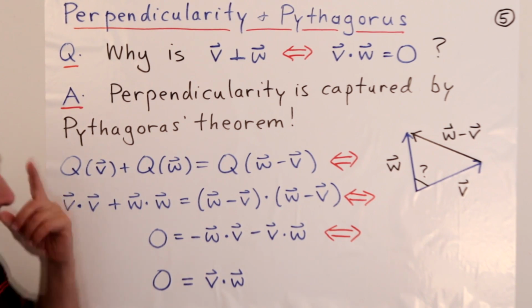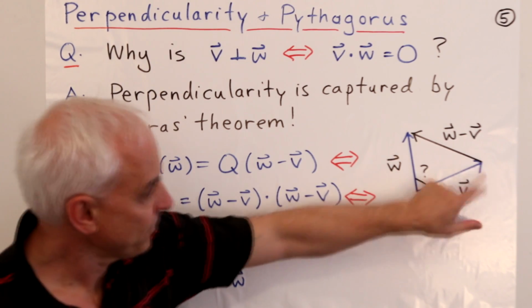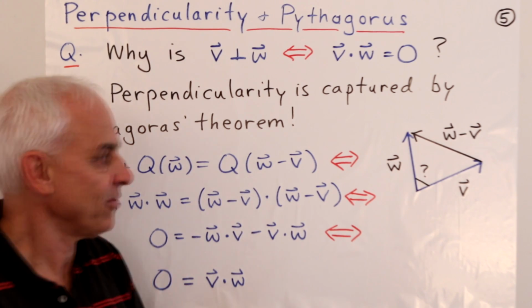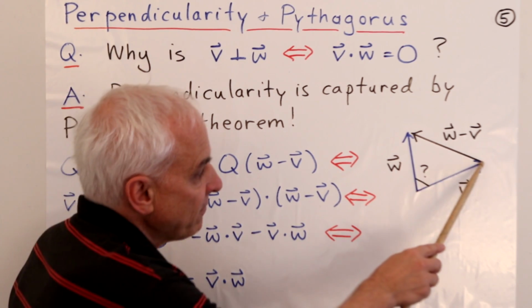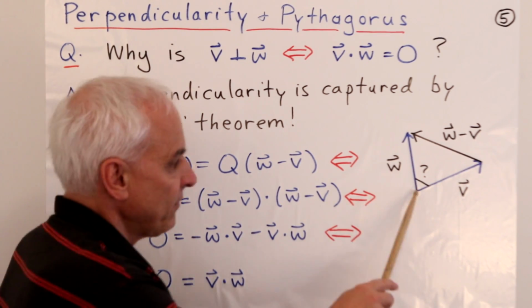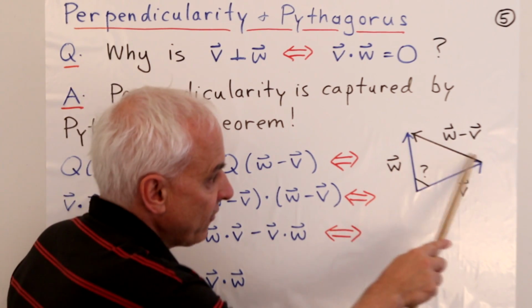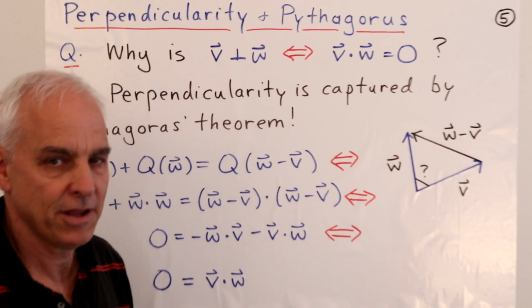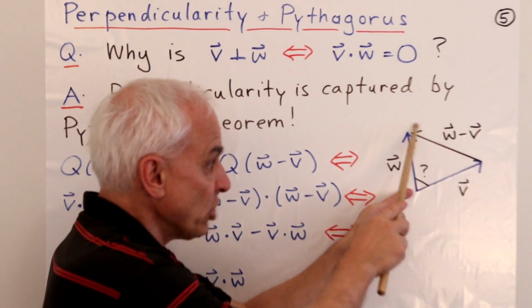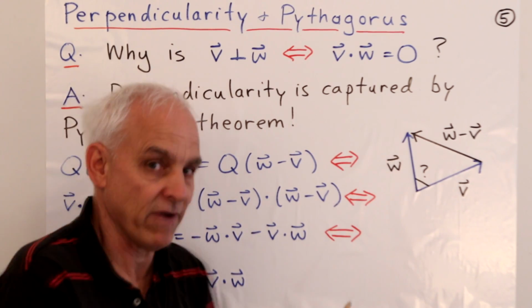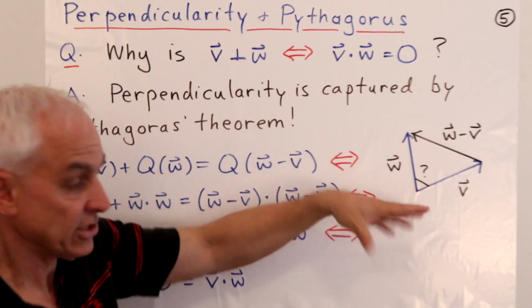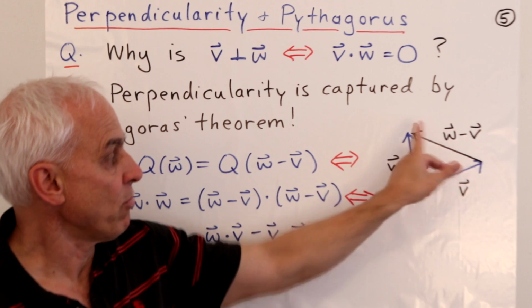Okay, so here is the picture. There's a vector v, there's a vector w, and let's consider a triangle, because Pythagoras' theorem is relating to a triangle. So let's consider this vector emanating from here to here. Now in vector language, if this is v and that's w, then this vector here is w minus v, because it has the property that if you take v and then you add w minus v, that combination is the same as just the single vector w. So we have a triangle here now with three sides, they're vectors, v, w, and w minus v.